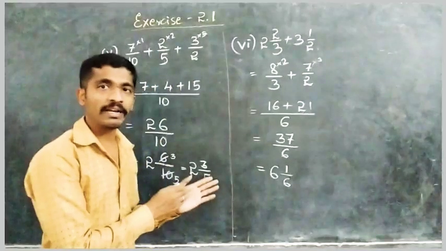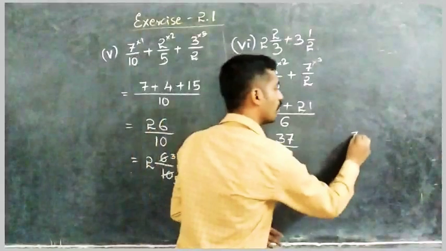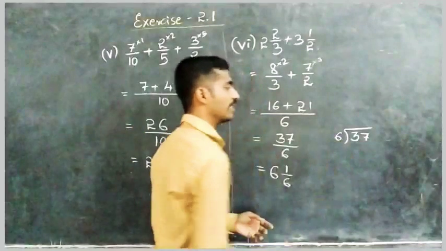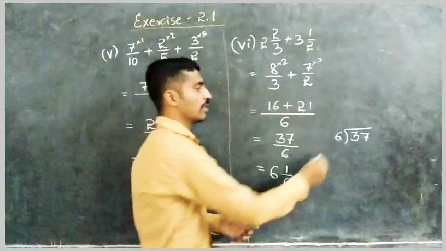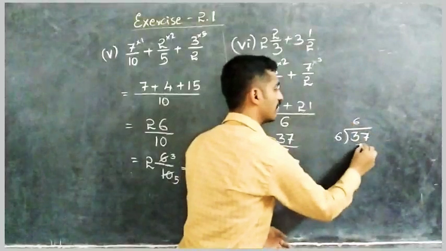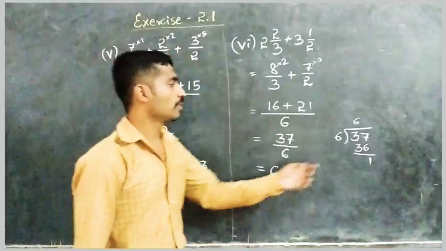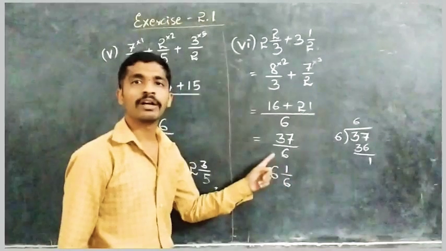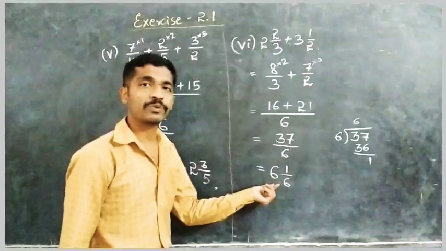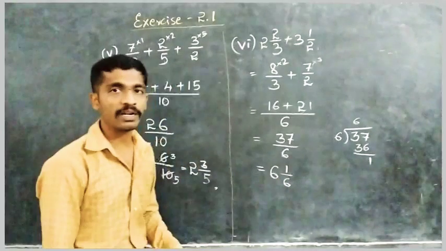So see here, I am directly making them into mixed fractions. If you are having a doubt, just go through the long division method. So here 37 is divided by 6. So 6, which is the nearest number in the 6 table, that is 6 6s are 36. So 37 minus 36 you will get here 1. So remainder is 1. So I wrote in numerator 1 by 6. So the whole is 6. So 6 whole 1 by 6, or else 6 integer 1 by 6 is your answer.